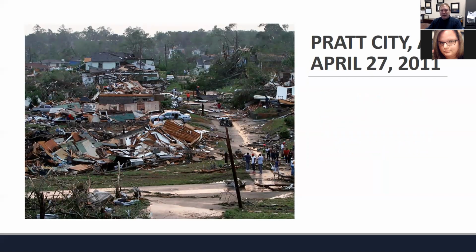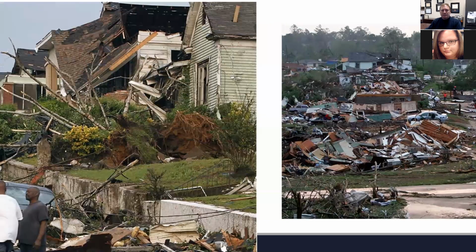A neighborhood, you know, if that was your home, where in that home would have been a safe place for you to be? And so that's really what I want you to think about as we go through some of these images. If that was your home, what's the safest place in your home? And typically it's under a stairwell, or it's a closet in the center of the house, or a bathroom in the center of the house. But again, we'll talk about those things in just a minute.